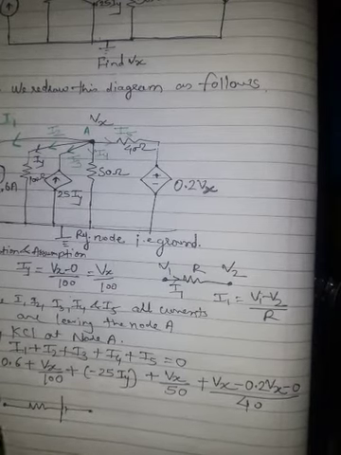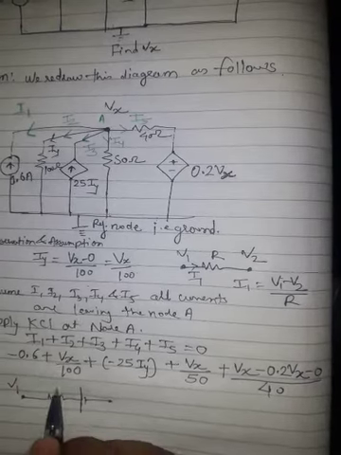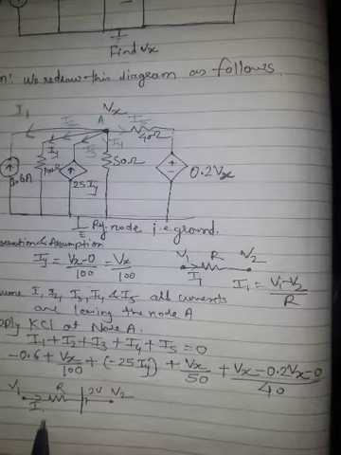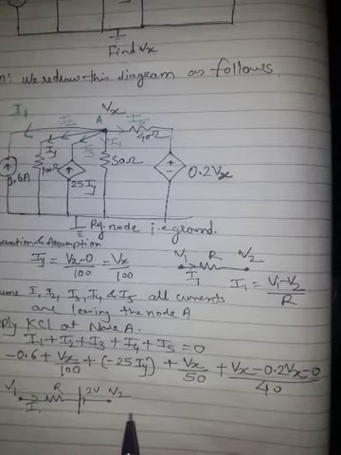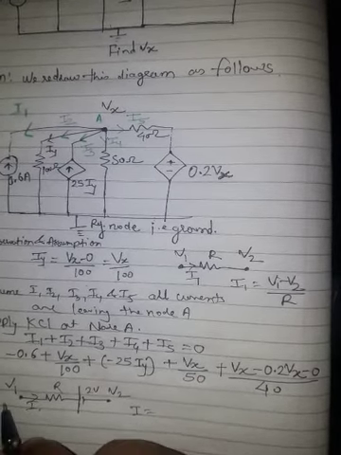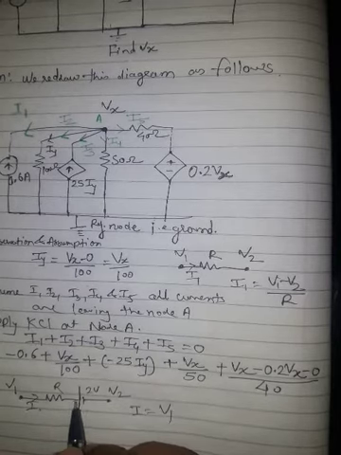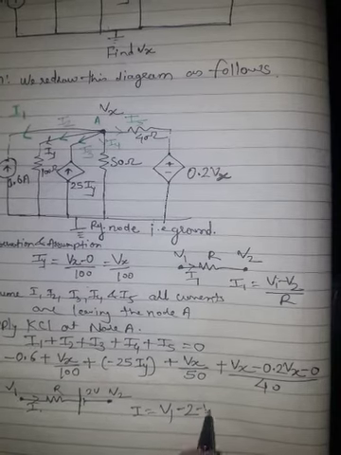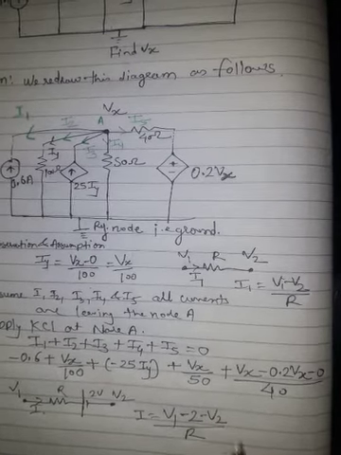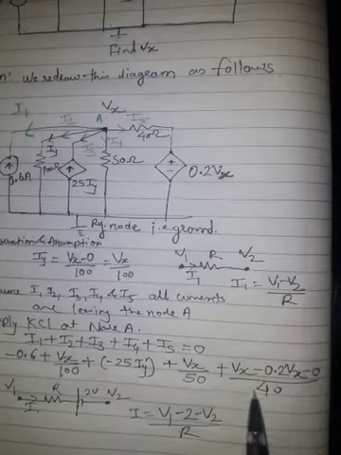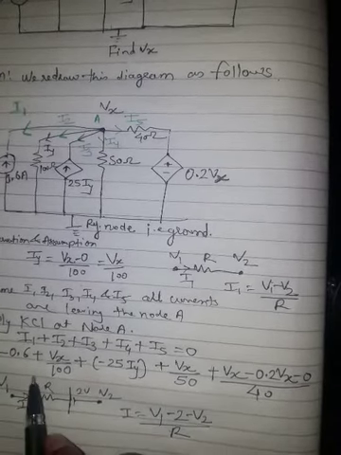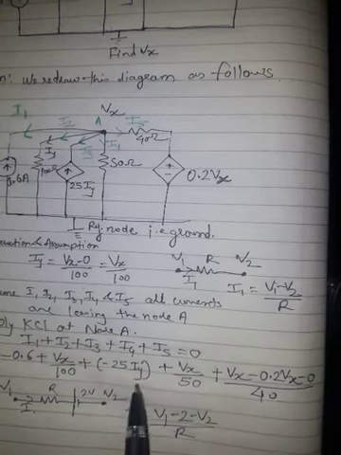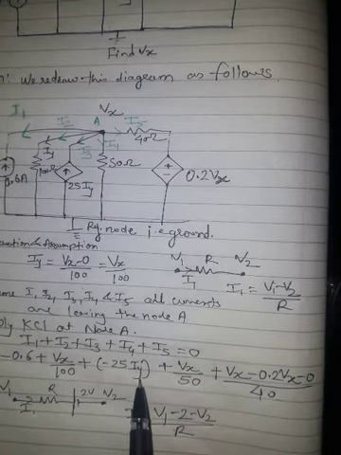So for this always remember this. Suppose this is V1, this is R, this is V2, this is 2 volt and this is current I. Then how will you write the value of I? I is equal to V1, then going from this side positive to negative minus 2 and then minus V2 upon R. So in this way I have written this. Now we have to simplify this expression and we have to substitute the value of Iy.